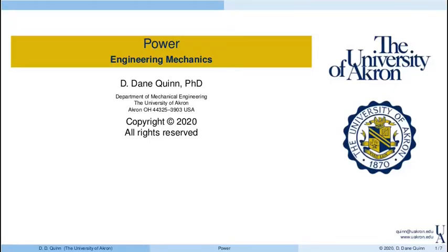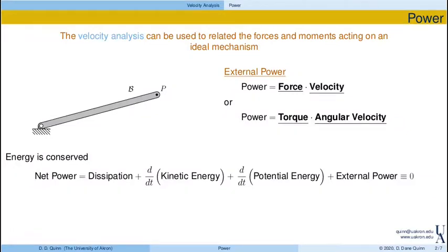For today's video lecture, I want to talk about one of the, I think, coolest examples of how you can use kinematics to do other things, and that deals with power. And in particular, the power across a mechanism. So the idea is that we can actually use a velocity analysis to relate the forces and moments that act on an ideal mechanism. So we do that through the external power of the forces and torques that are applied